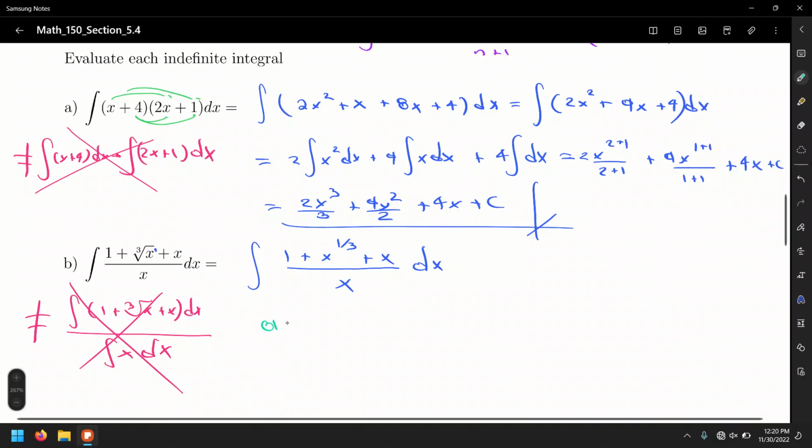That is, a plus b over c. You can divide a over c plus b over c. And this can be extended to more terms. Like in this case, we have 3 terms. Now, careful. This is okay. But this one,